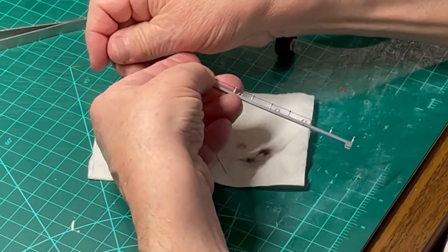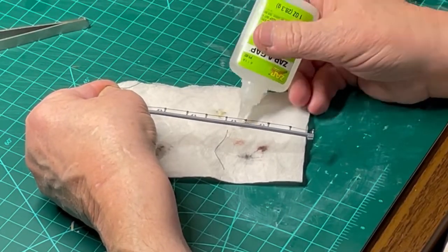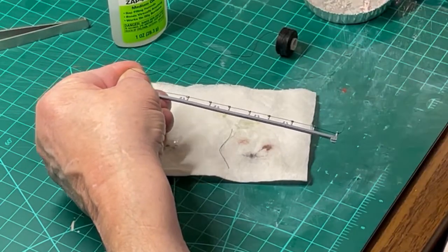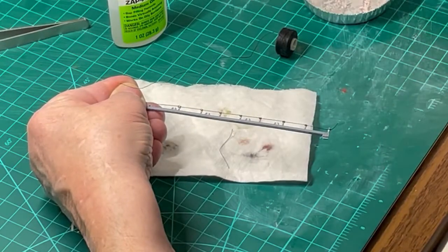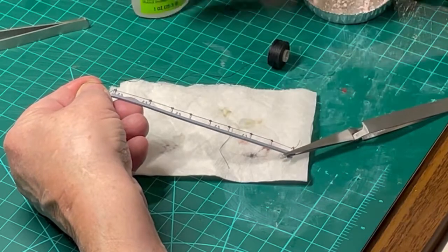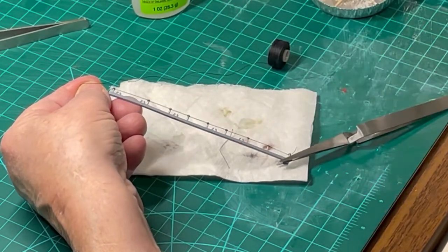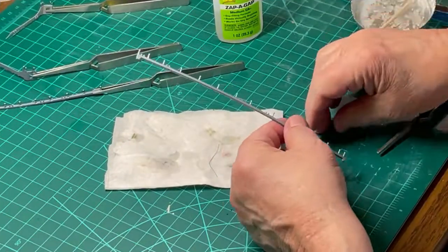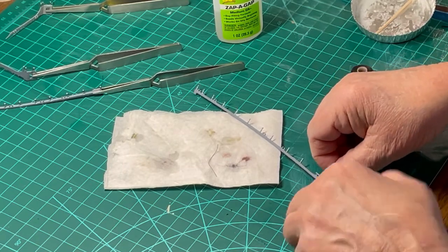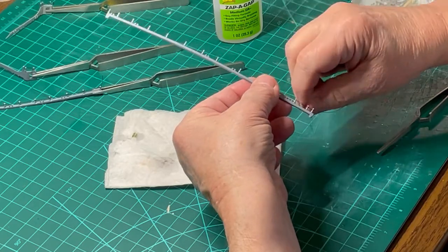First, I made a small loop on the end of the thread, which was tied onto the first stanchion. Note, you can start from either end to get the same results. Place a small drop of CA onto the thread tied to the first stanchion to secure the thread in place. Now slowly wrap the thread around the next stanchion and continue holding the thread tightly as you proceed down the line. As you can see, if you don't keep the thread tight, it easily comes off and you must start